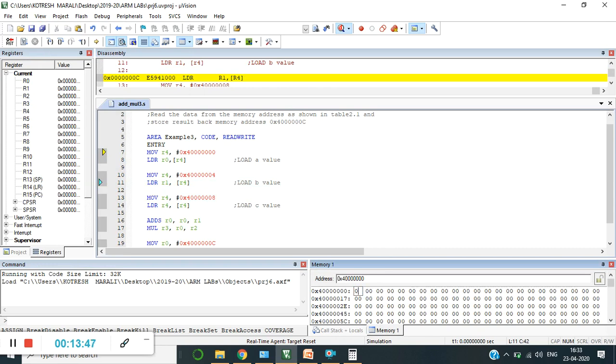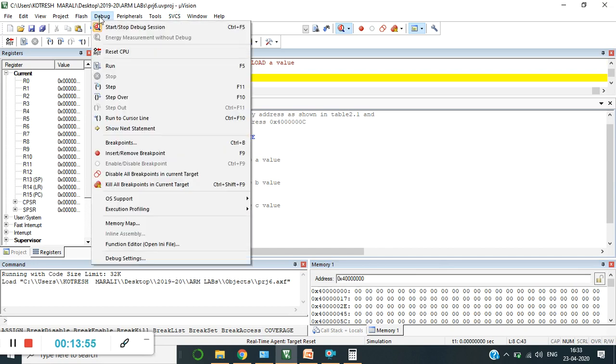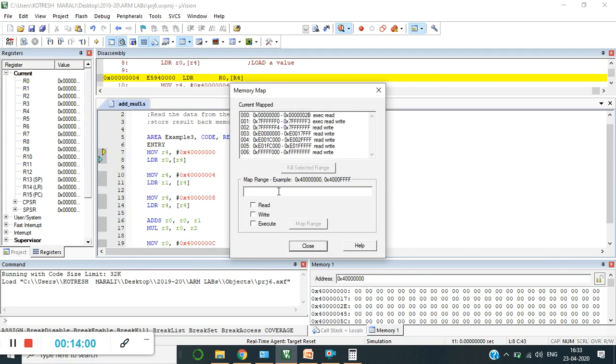Let me give the input data 02 here. Oh, okay, it is not taking. What might be the problem? What I told you, yeah, exactly. Go to Debug, go to Memory Map, and say which range of memory addresses you are trying to use.